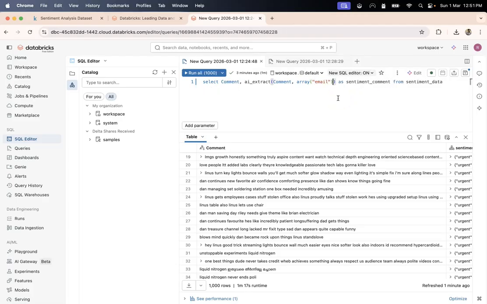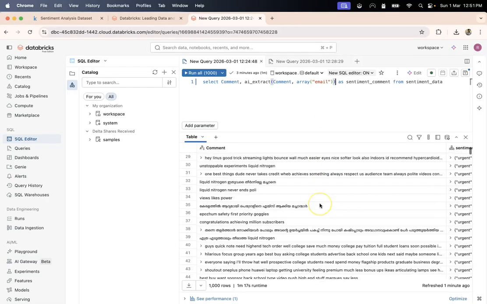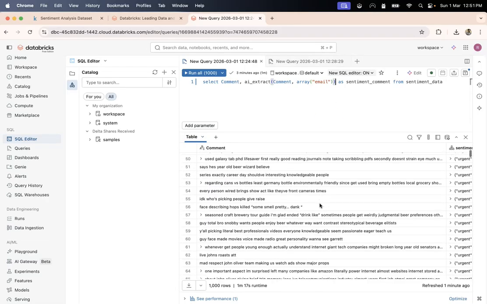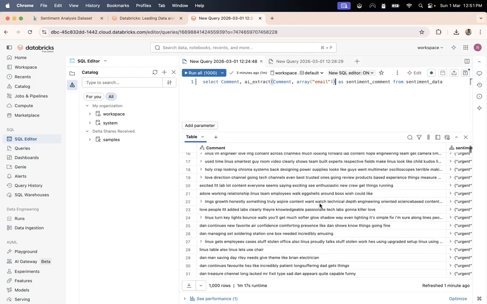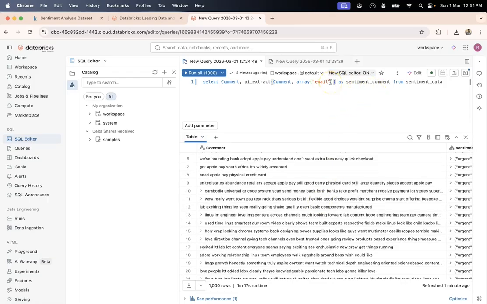Although I see emails are not included in any of the rows, let's try to extract. It might be a possible use case for you where you want to extract structured information. You might not have a comment or tweet necessarily. You might have some other sort of textual data from where you would like to extract structured information without having to do more setup.